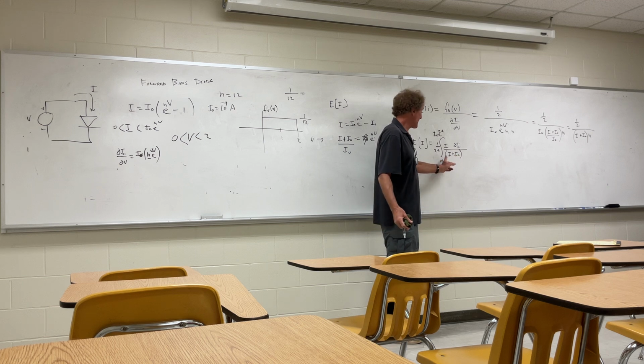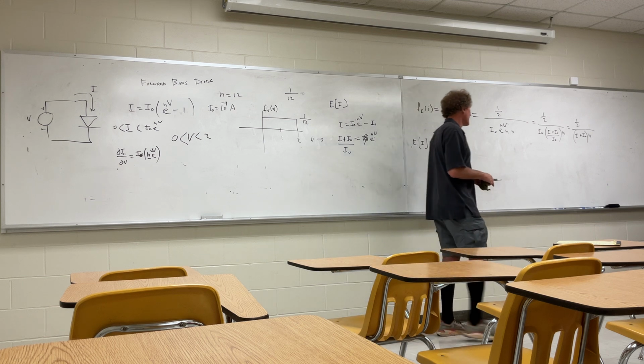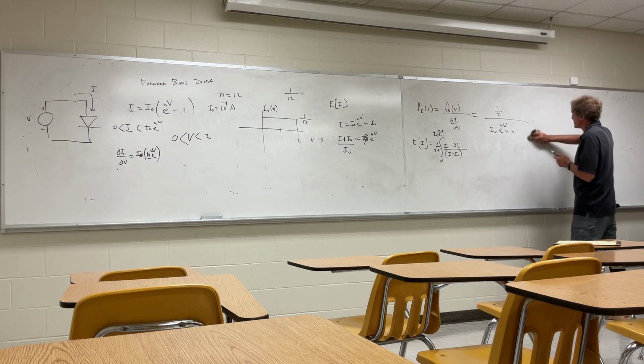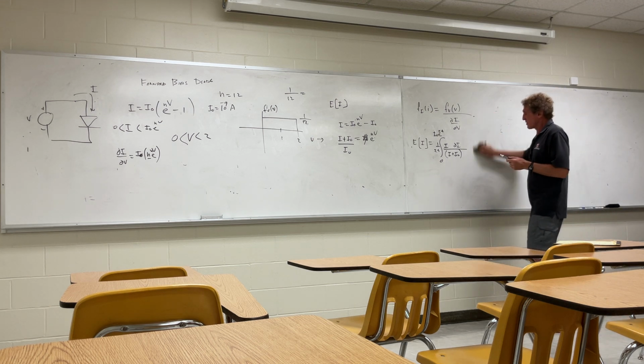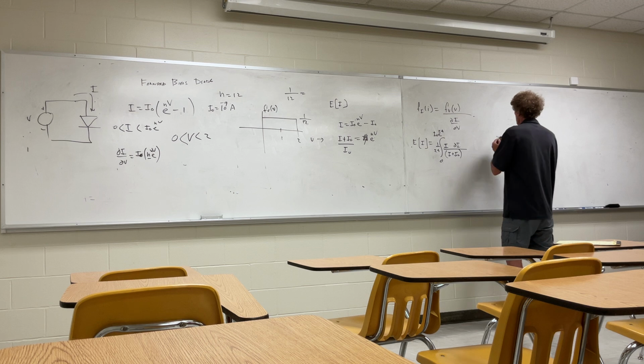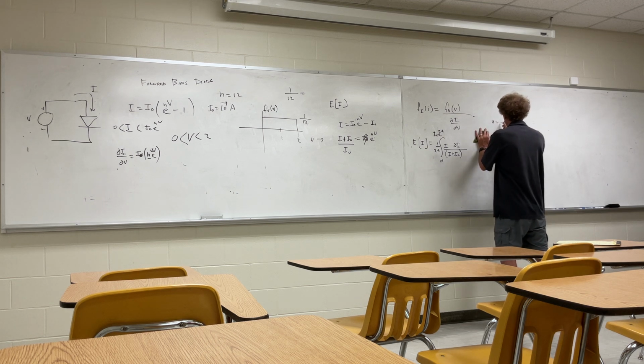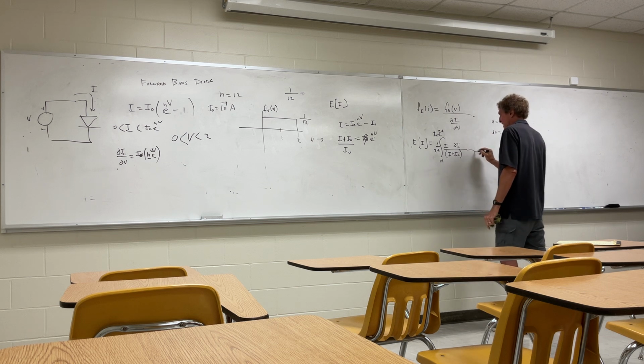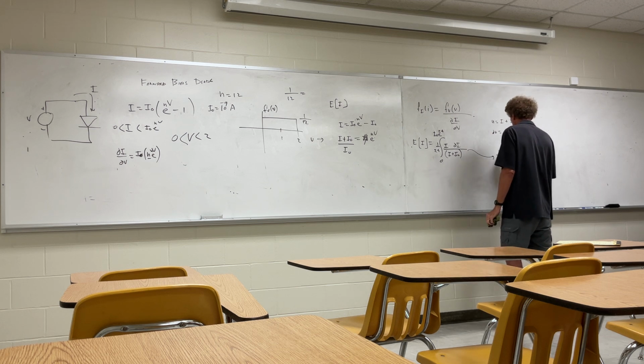So I'll erase this and use this part of the board. For this part, we can do it by making u equal to I plus I naught, and that means du is equal to di, and then I can recast this as simply 1 over 24